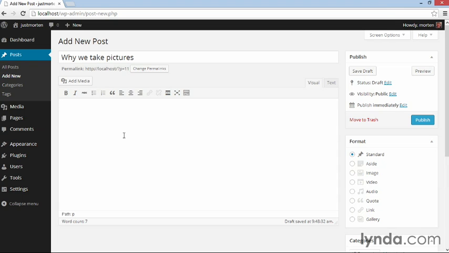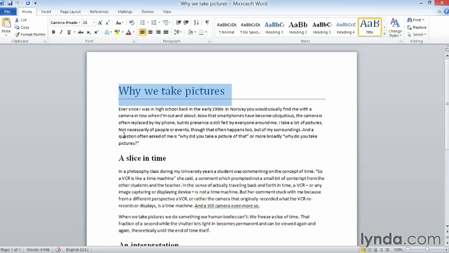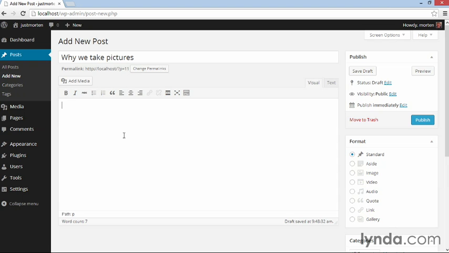Now, to save you some time, I've already written a post, so you don't have to watch me write the whole post. But I wrote that post in word processing software, in this case Microsoft Word. And now I need to grab the content from the post and put it into WordPress. Now, I know the inclination here is to simply highlight all the content in Word, copy it, and then paste